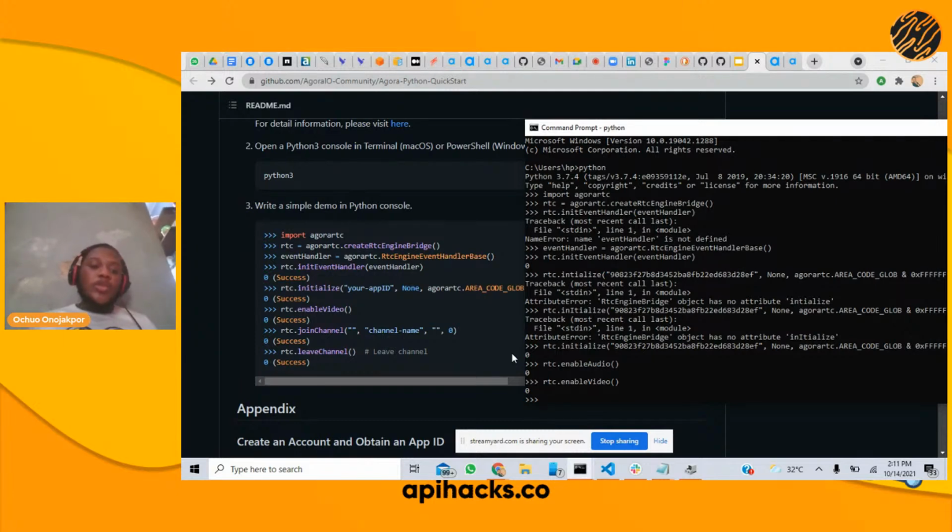Users or clients who use the same app ID and the same channel name are taken to the same streaming call. So they are taken to the same call stream. So if five people use the same app ID and say the same channel name, then definitely they'll be taken to the same call where they could chat. But for this scenario, we're going to be doing just a one-to-one video call. Okay, so